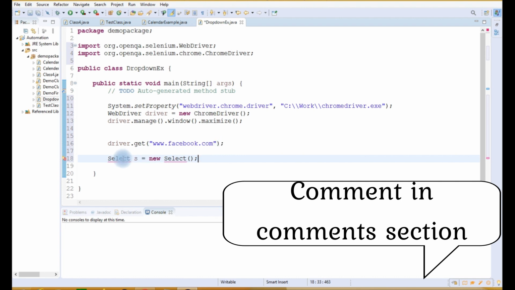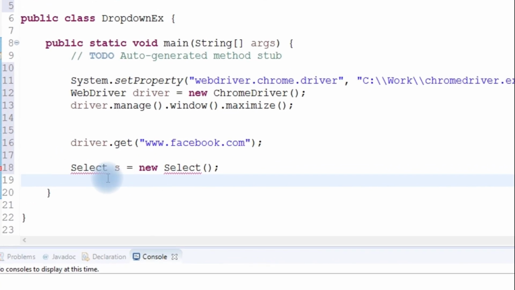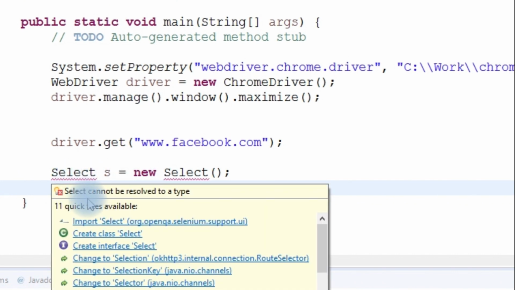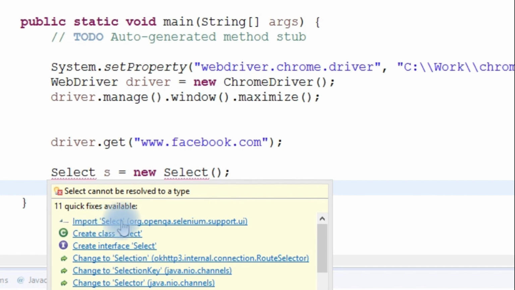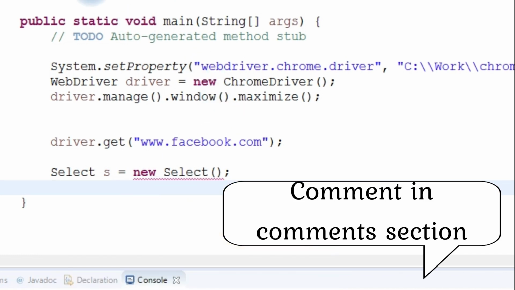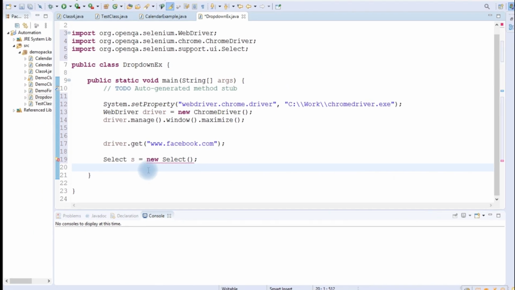It will make a new object of the Select class. This is the error message displayed. We just have to bring our cursor on the error, then click on import Select, org.openqa.selenium.support.ui. We have to select this one. It will import the desired package.